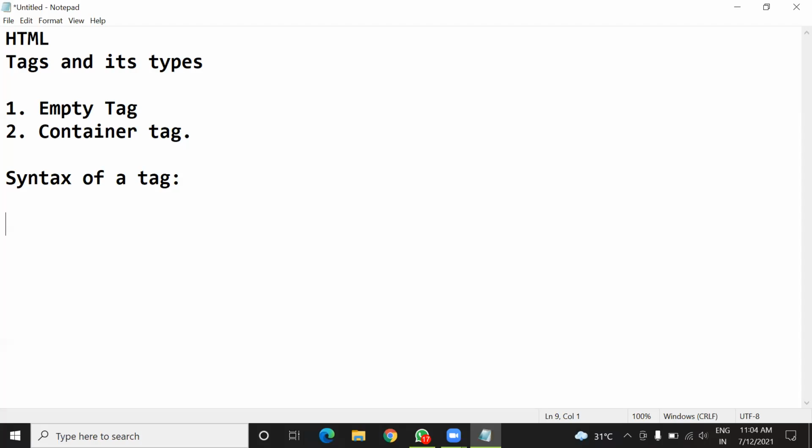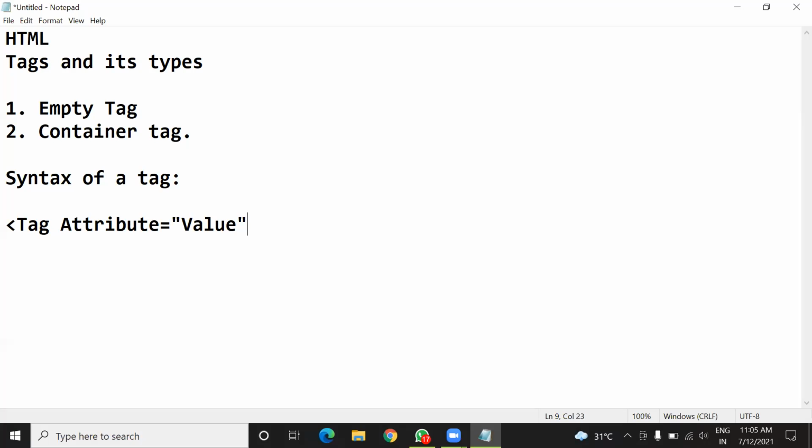So in the syntax, first of all, you have to put this open angle bracket, and then you have to put the tag, whatever tag is required there, and then you can put a blank space there, and after this you can put the attribute of the tag, and then equals to, and inside double inverted commas you can type the value of the attribute.